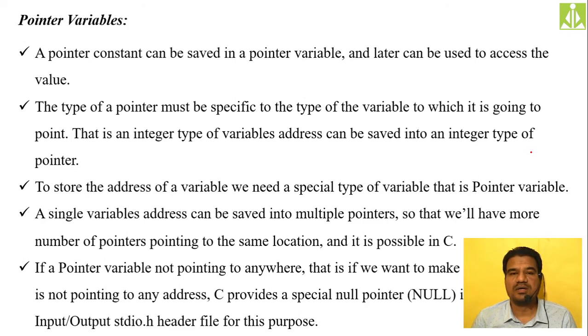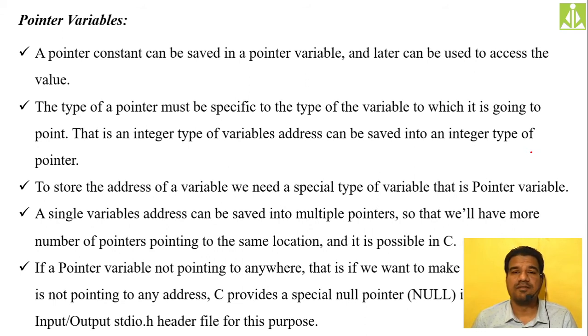Okay, when you are creating a pointer variable, it will have some garbage address as well. Garbage address in the sense it will have some random address in it. So definitely when it is having some random address, it is going to point to some memory location, isn't it? And if you don't want your pointer to point to any location in your computer program, let us assume in this way.